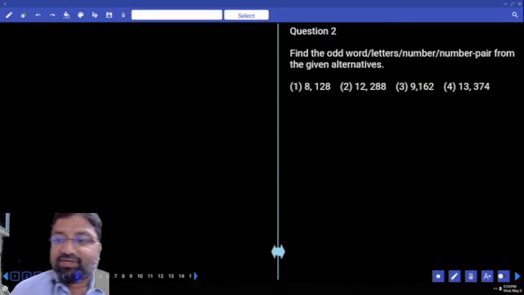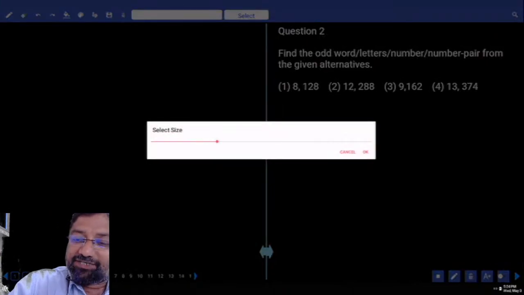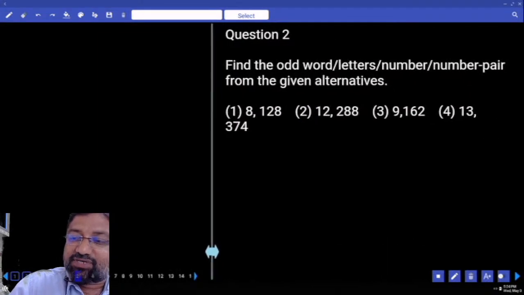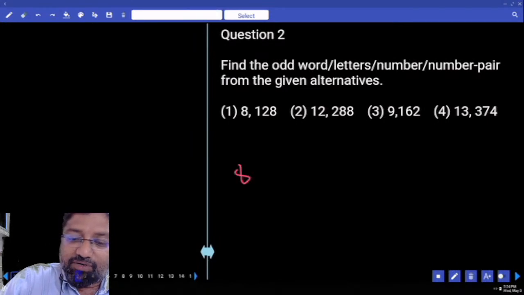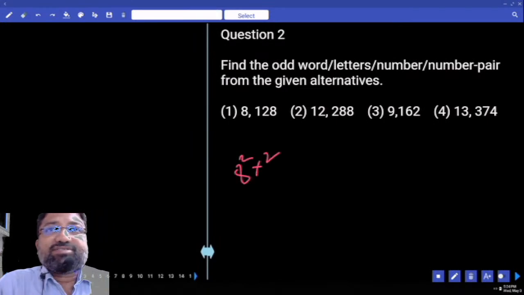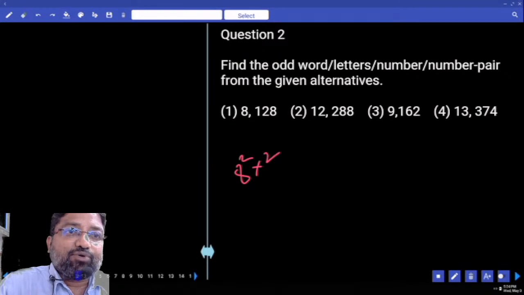Second question. 8 and 128. Your mind should give you immediate reflections. As soon as you see it, you should be able to identify what's going on here. 8 square is 64 into 2. Similarly, what is 12 square? 144 into 2 is 288. 9 square, 81 into 2,